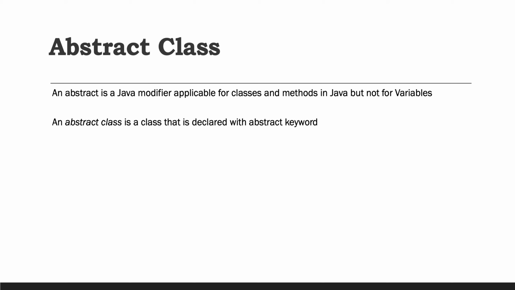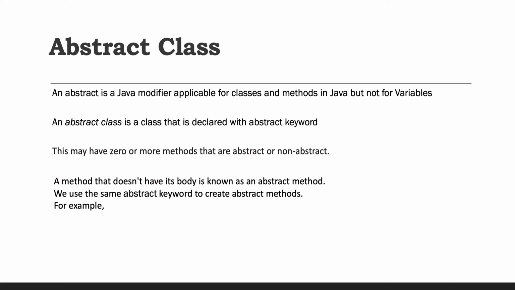What is the meaning of declaring a class with the abstract keyword? When we declare any class with the abstract keyword, it means that the class can contain zero or more methods that are abstract or not abstract. Then what are abstract and non-abstract methods? Abstract methods are methods which have only the signature and do not have any implementation. Non-abstract methods are those which have the implementation with a body.